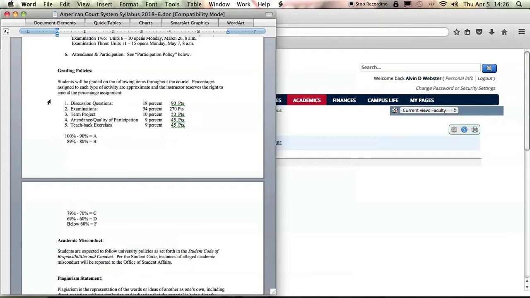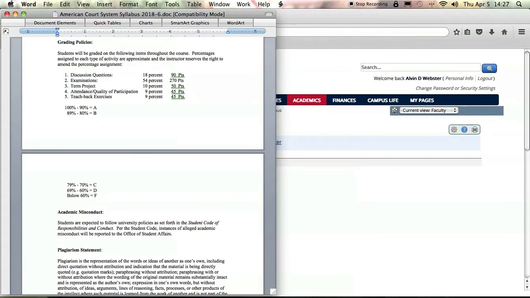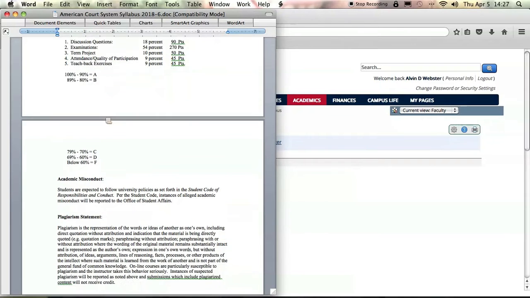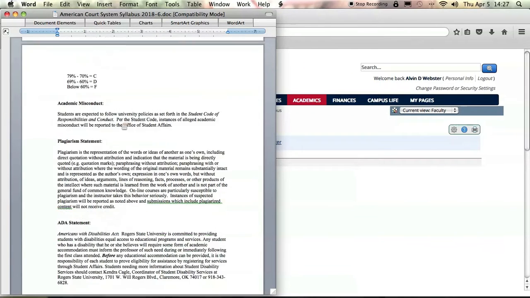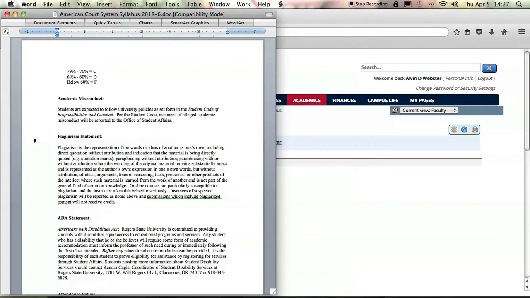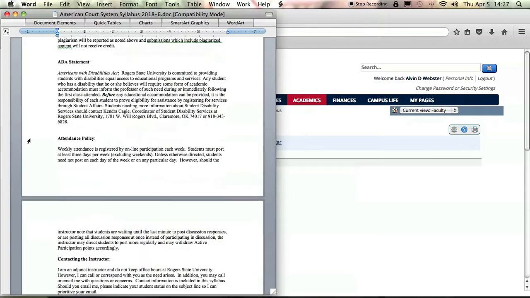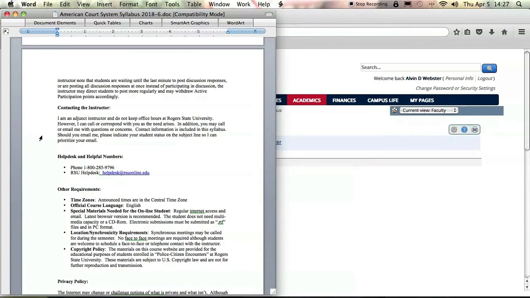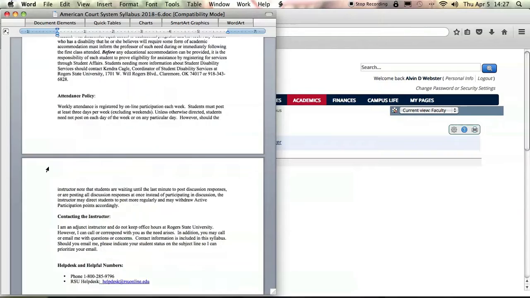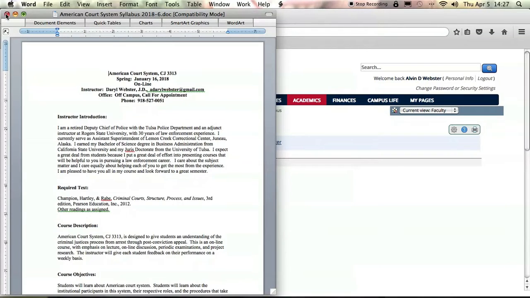I describe the number of points that are associated with each particular tool, the percentage of the total grade that each makes up, and then we grade strictly on a 100 to 60% basis, letter grade A through F. There's a section on academic misconduct, the usual plagiarism statement, attendance policy, ways of contacting me, help desk, etc. Going back to the tab,